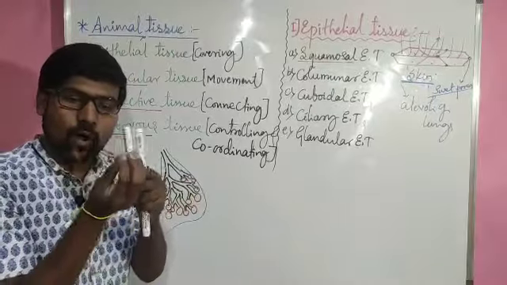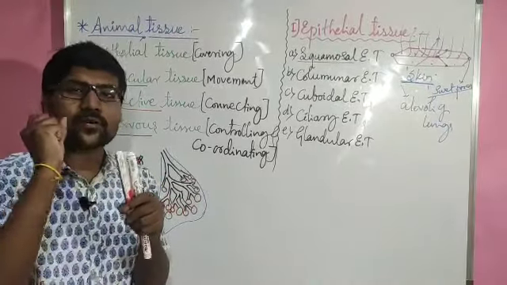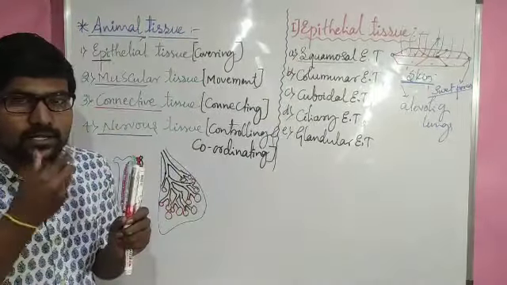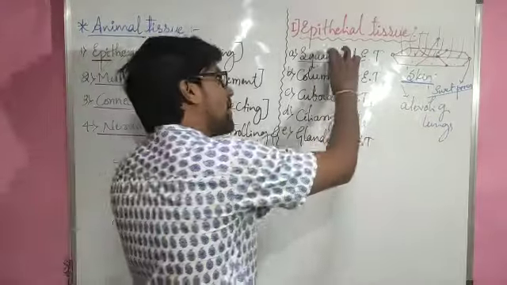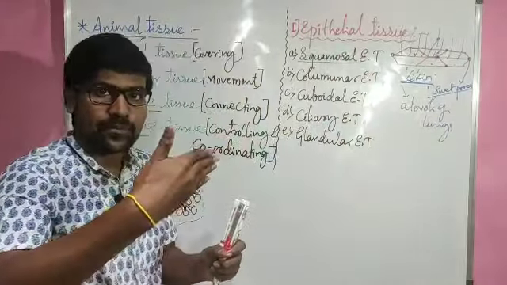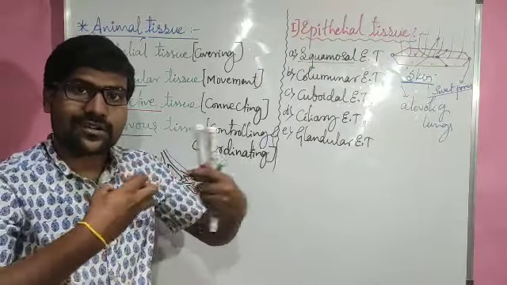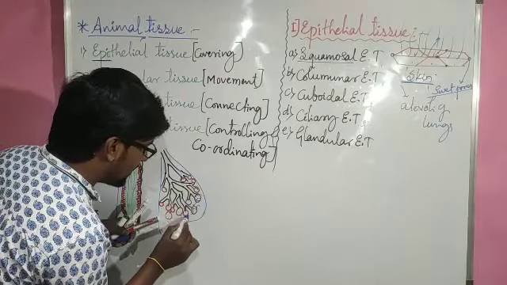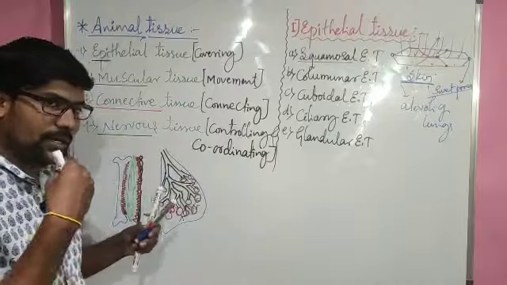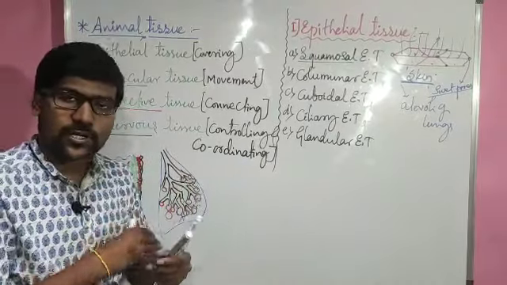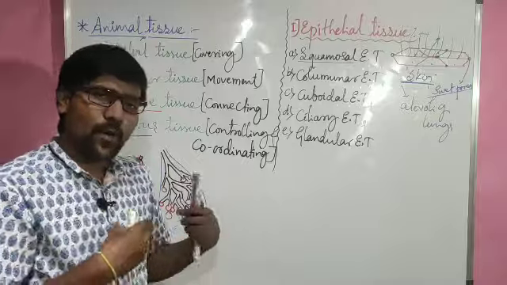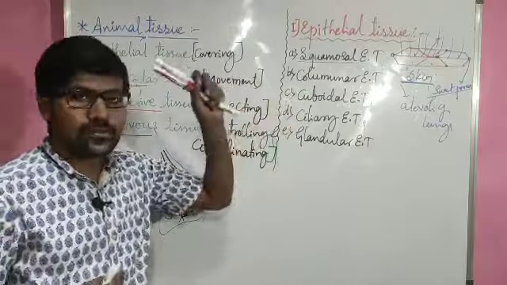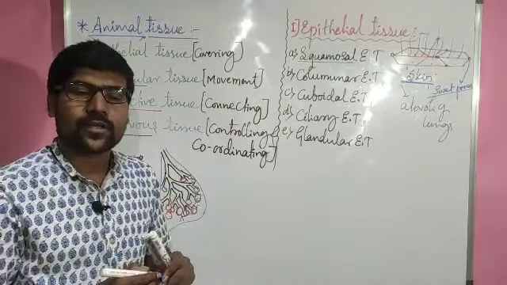So the alveoli means a small sac-like structure. So the layer of alveoli is again made up of squamous epithelial tissue. But the thing is, here the squamous epithelial tissue is semipermeable. It helps in the exchange of gases, oxygen and carbon dioxide. Actually the alveoli get surrounded by the blood vessels. So between the blood and the alveoli, gases will be exchanged continuously. And the body's inner organs, all the layers, the body cavity layer, are covered by this kind of squamous epithelial tissue. It is one covering tissue.